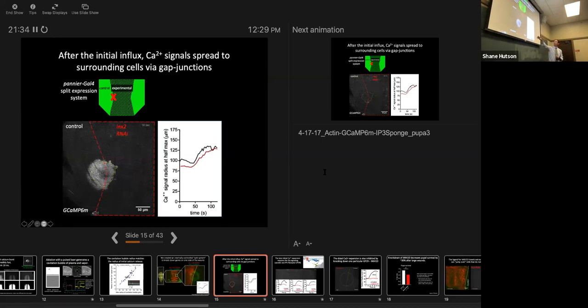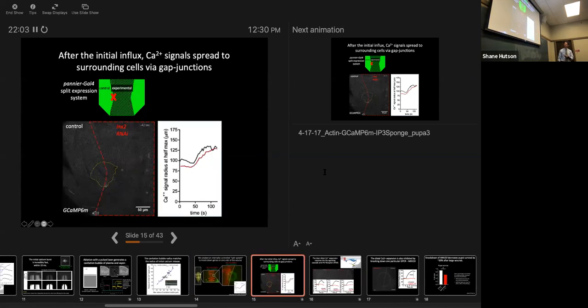We're going to make a wound on the border. In this case, we're making the wound on the left border of the pannier domain. So this is the region where we're going to manipulate stuff. And what we're going to do over here is knock down a protein called innexin 2, which is the gap junction protein in Drosophila. Right? So gap junctions are the connections between epithelial cells that let small molecules flow from one to the other. We're going to eliminate that on one side, and gap junctions are going to be fine on the other side. Okay? And so if we do that, and then make the wound,